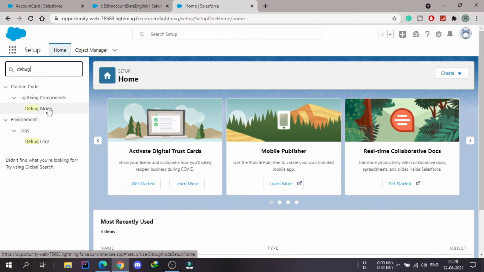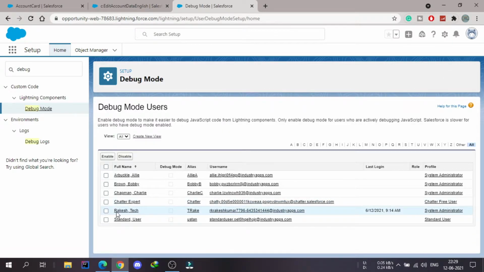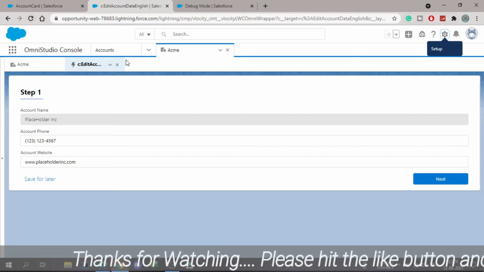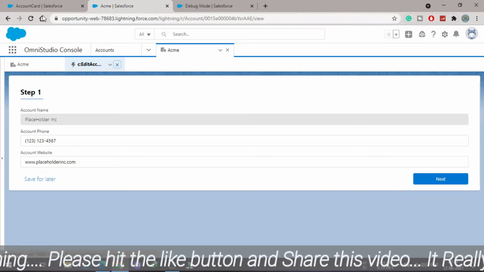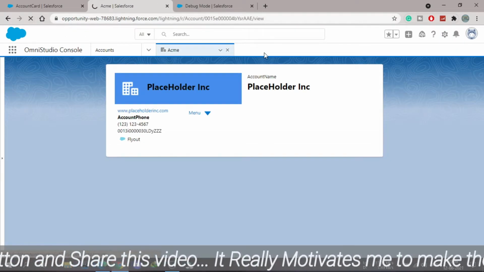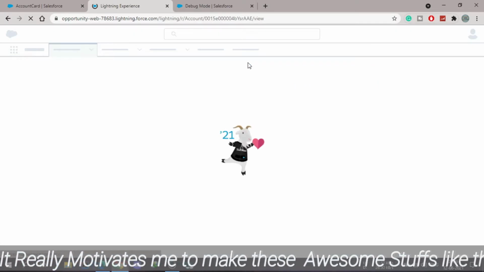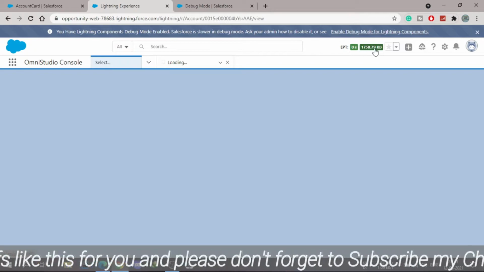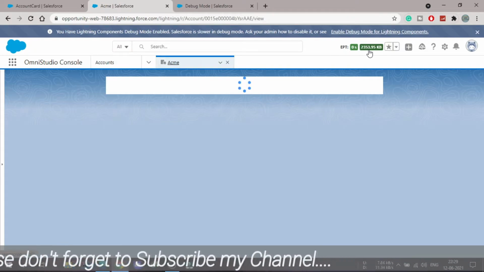You need to select this debug mode, then you need to select your own user, and then click on enable. After enabling this, you need to go back to this, and here you need to refresh this page. If you refresh this page, you will get something like this, a green button here.